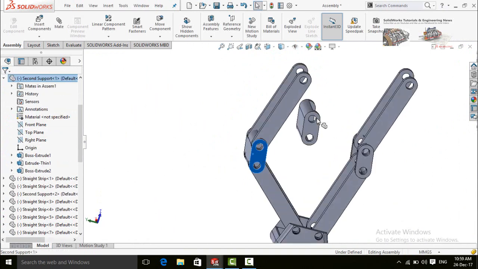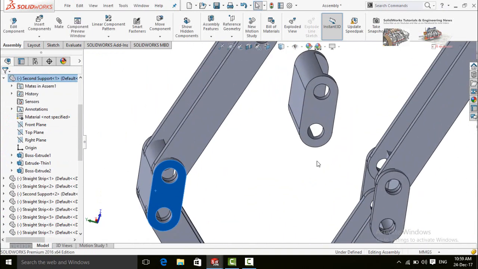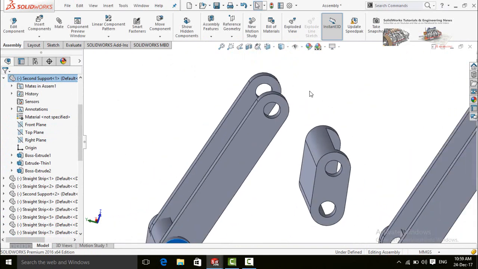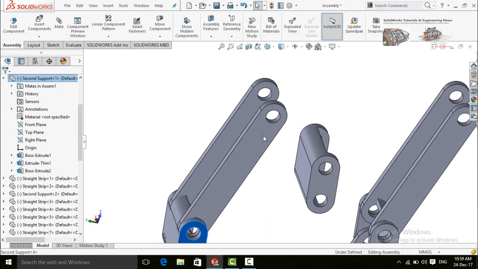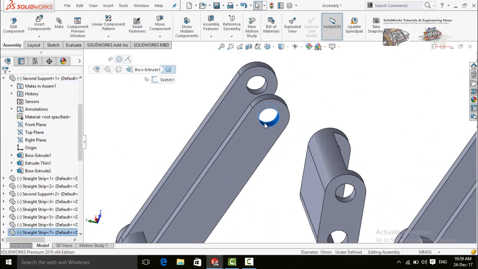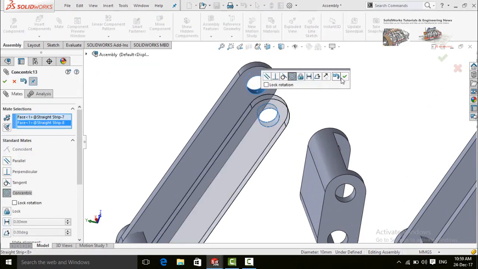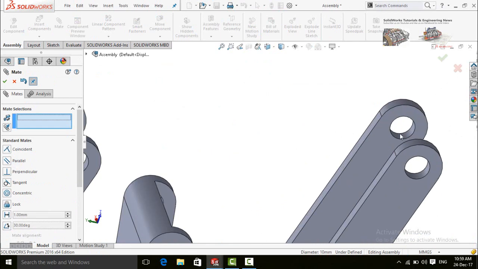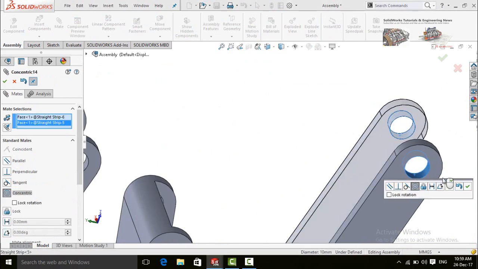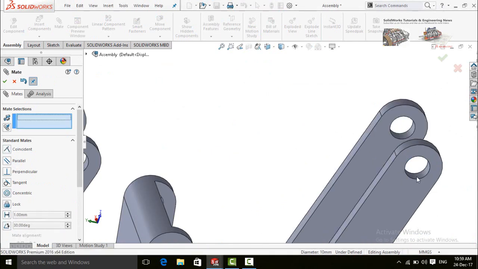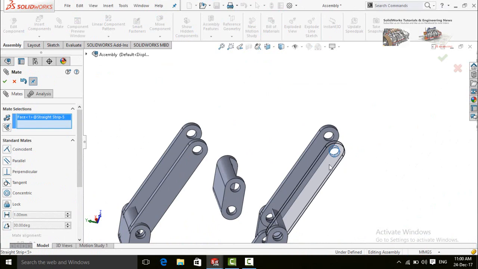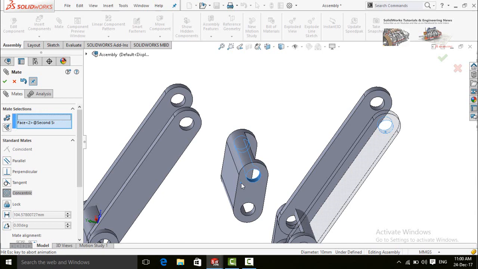Now at the end we need one more second support, so mate it, but before mating it with the strips we have to mate the strips themselves. Now mate this cylindrical face of this strip with this support.